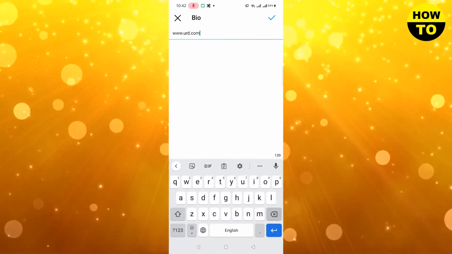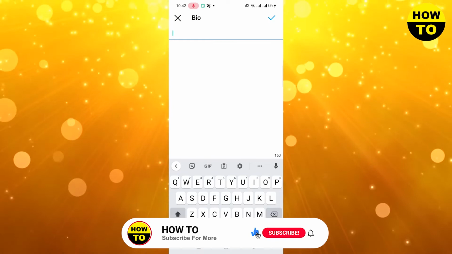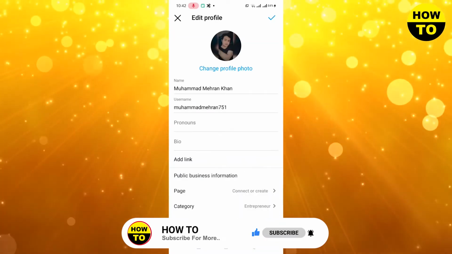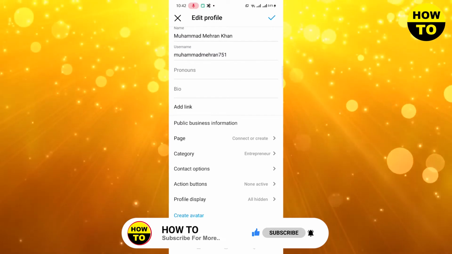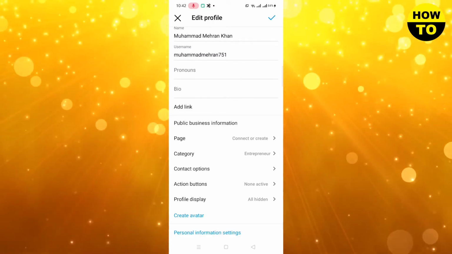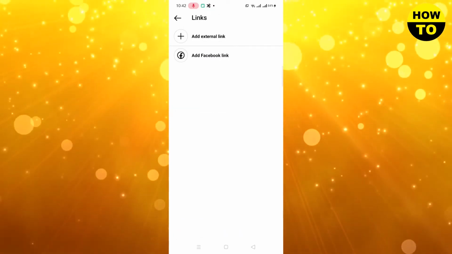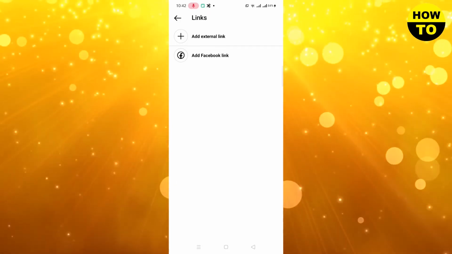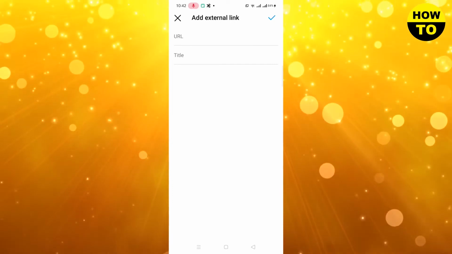So simply what you need to do, in the old version you could add the link here, but now you can easily find the option add link. So simply click on add link. So here you can add your Facebook link, or if you want to add an external link, just click here